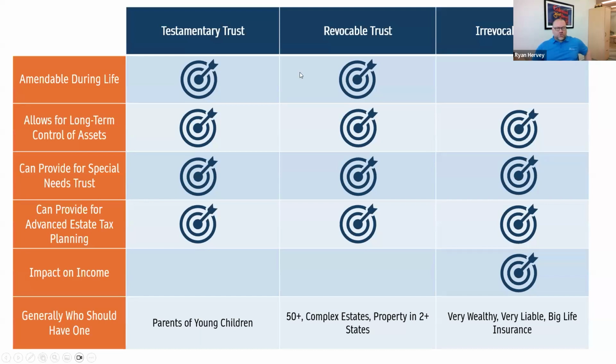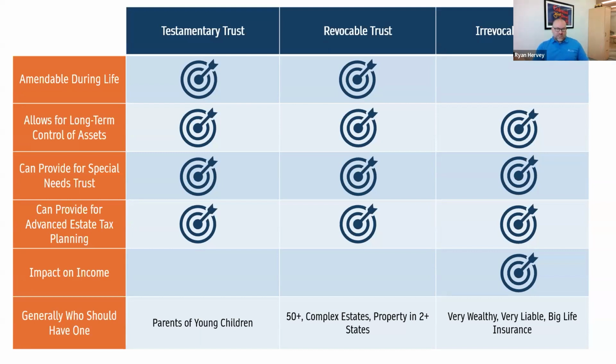For long-term control of assets. So this is going to be something I want to hold in place. I want my trust to pay income to my kids for their life. But I don't want them to get principal, or I want them to get some principal, but not all the principal of that trust. And then I want that to go to my grandkids. Or I want income from my kids and my grandkids, because I think they're all going to get spoiled by getting a big chunk of money. Depending on your state, you can hold that for maybe 100 years of just having income production.